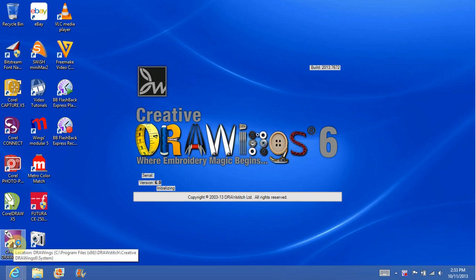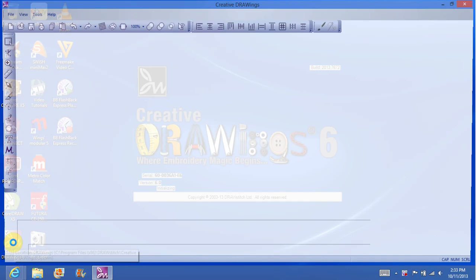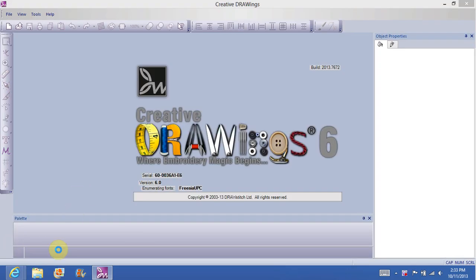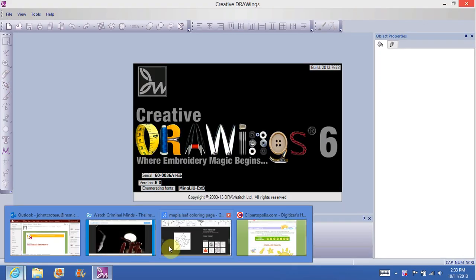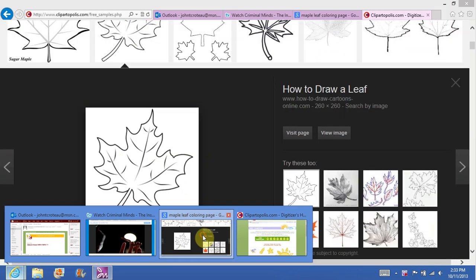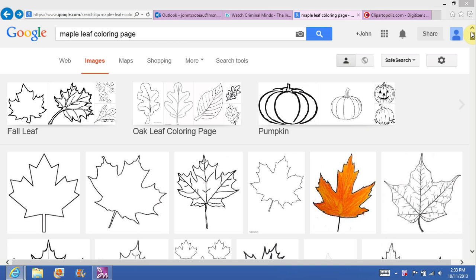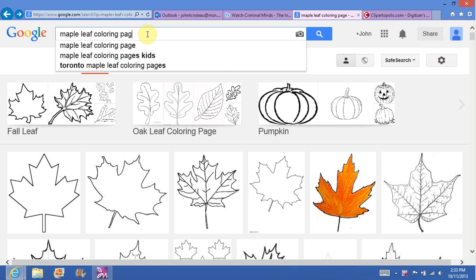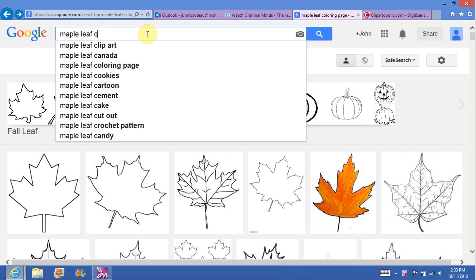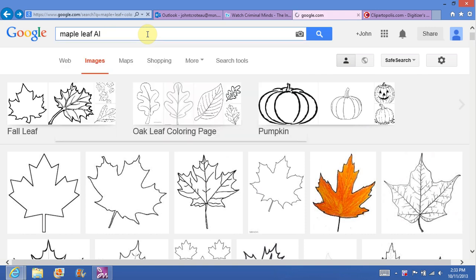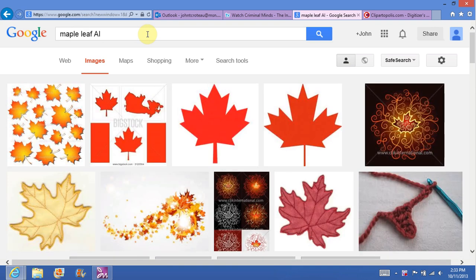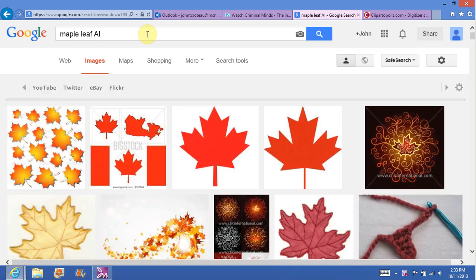I'm going to open that up. And before we do that, we have to get our artwork. You can get artwork offline. One of the ways I do it is I like getting make-believe coloring pages, or you could do Maple Leaf. AI, that's a format that